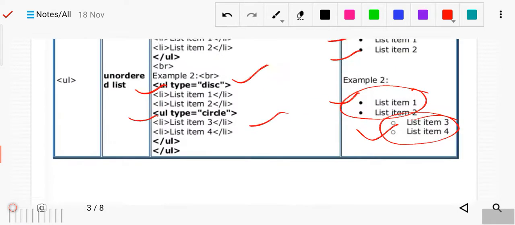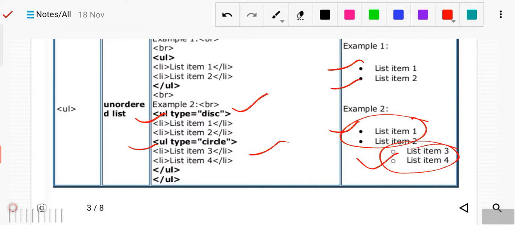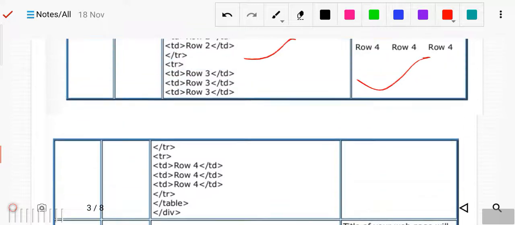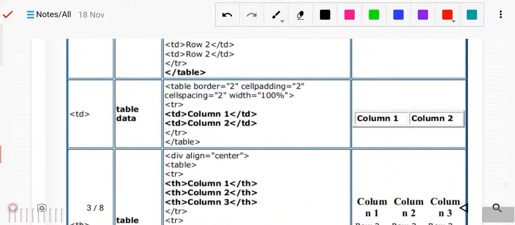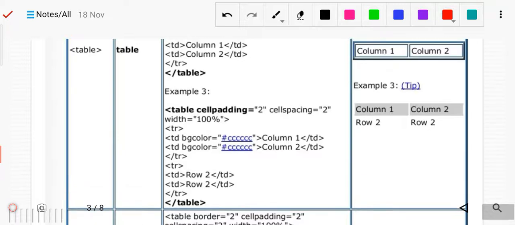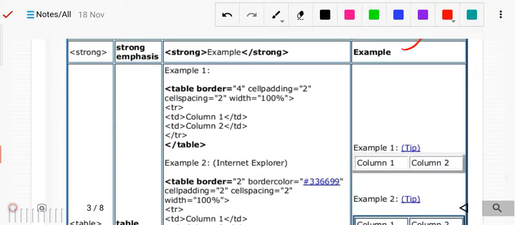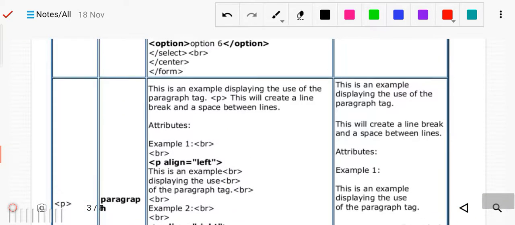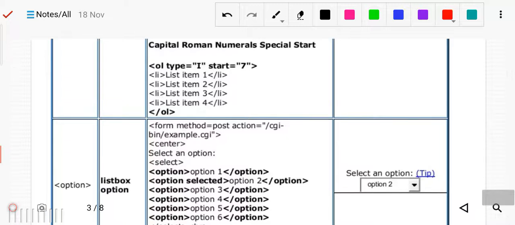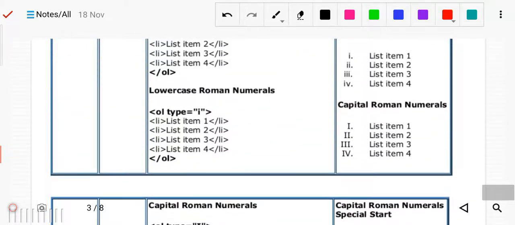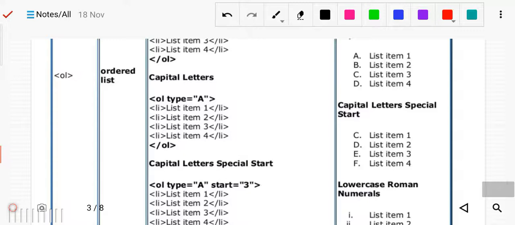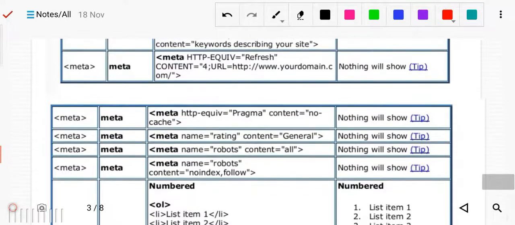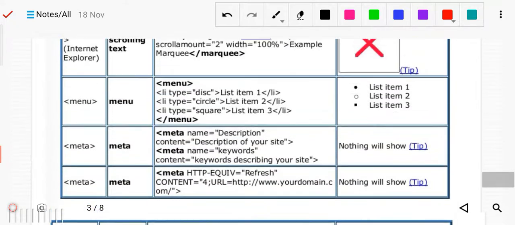You just learn it once again. I'm scrolling through all these tags. You go through these tags and learn them. You can write them in your copy. You can pause the video and write all these tags and learn all these given tags. This is very important. Whenever you write HTML coding, this course is very helpful for you. So you just go through all these tags, one by one.